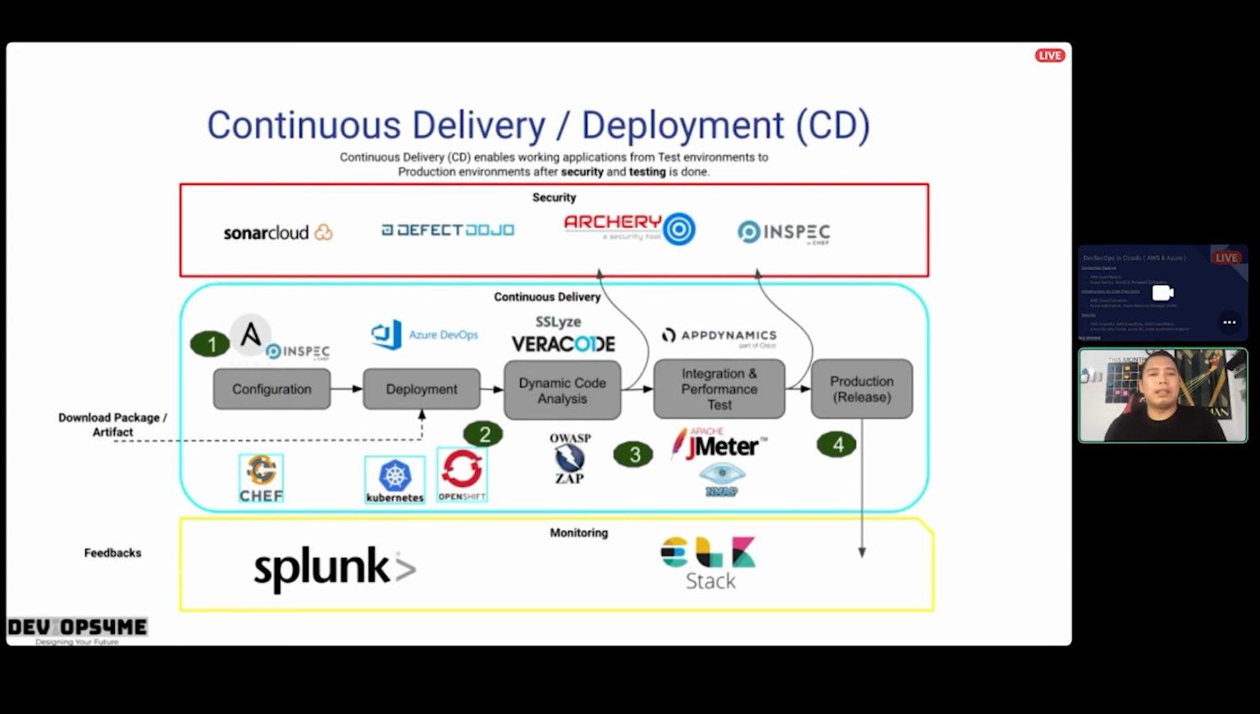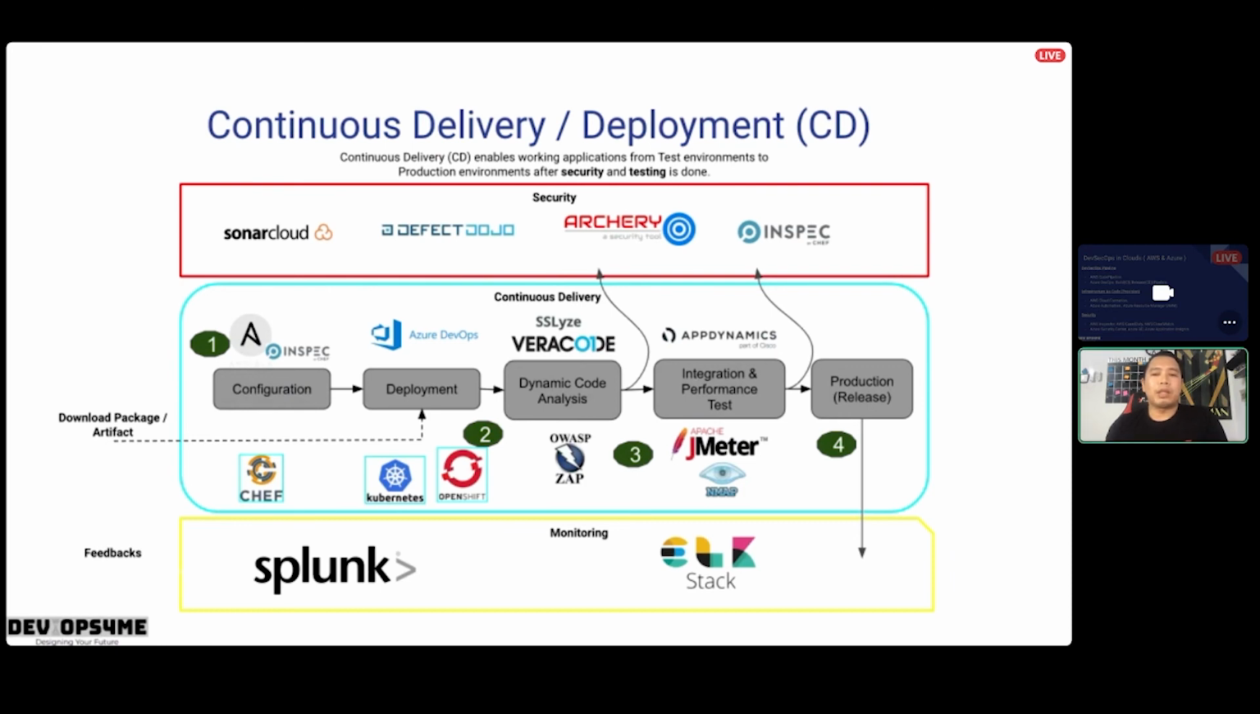So on the CD, we can use Ansible for provisioning our resources, and also use Ansible to run server hardening before we deploy our code. So on the deployment tool like Azure DevOps or our container orchestration tool, it will deploy a new artifact or image to your environment. After that, we can use a dynamic code analysis test or DAST every time